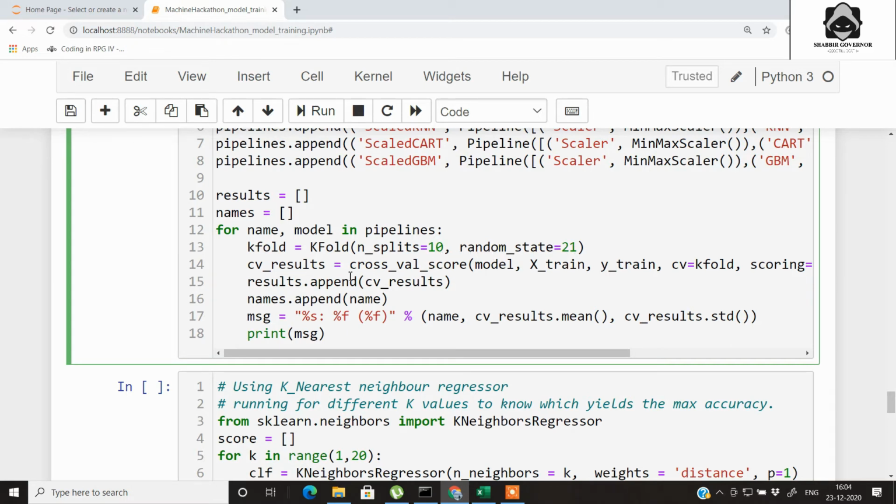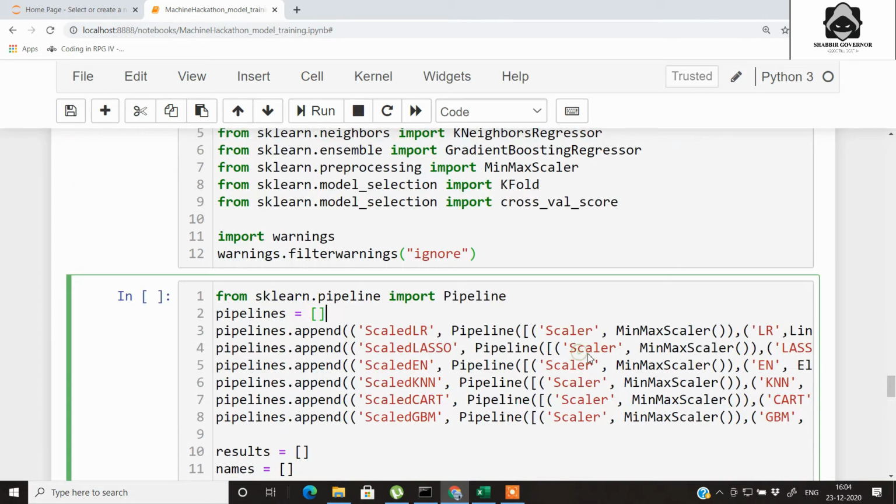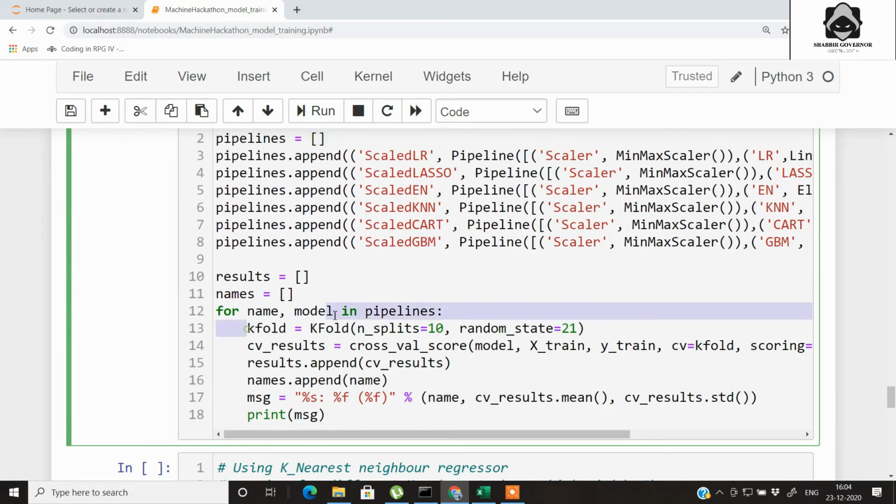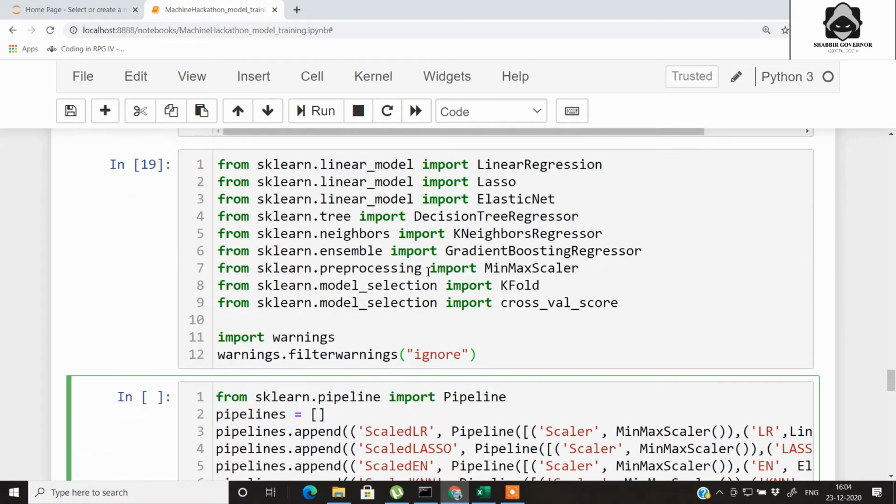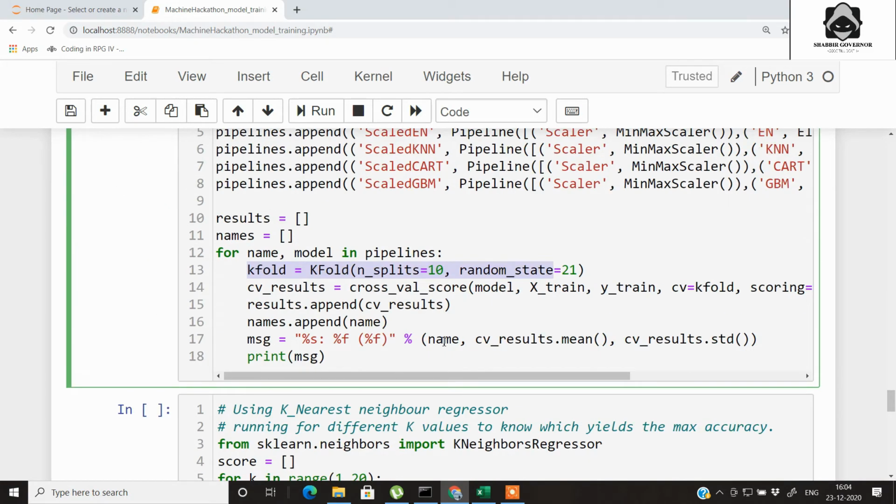And then we use the cross_val_score on the xtrain and ytrain, using the cross validation as the k-fold cross validation which we have declared above. This module was imported above. What we do is that we append this to the results, and the names are appended to the names. And what we print is the cross validation results mean and the cross validation results standard deviation.